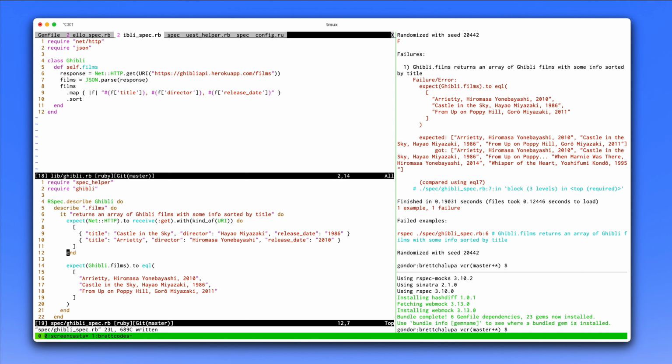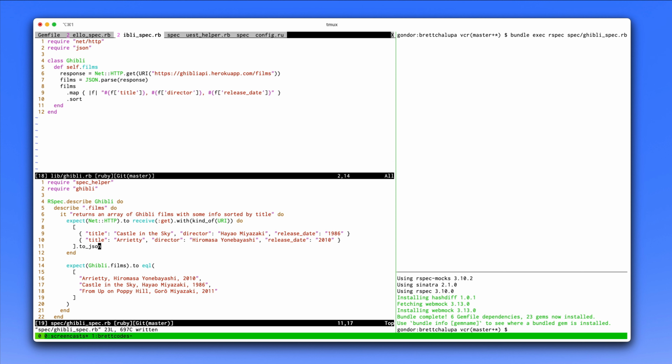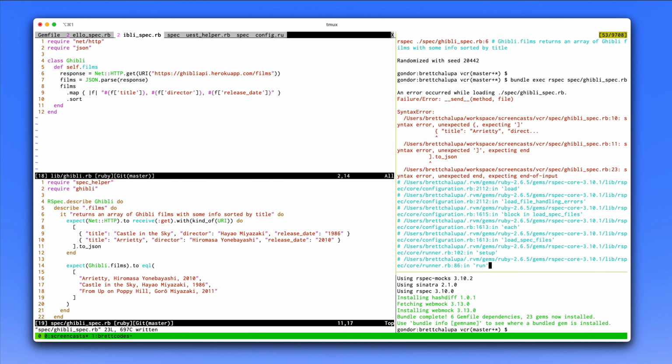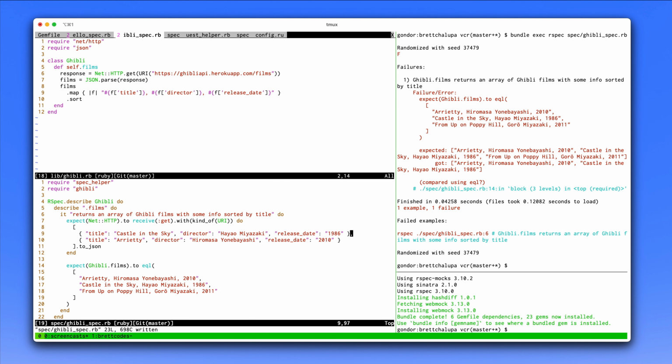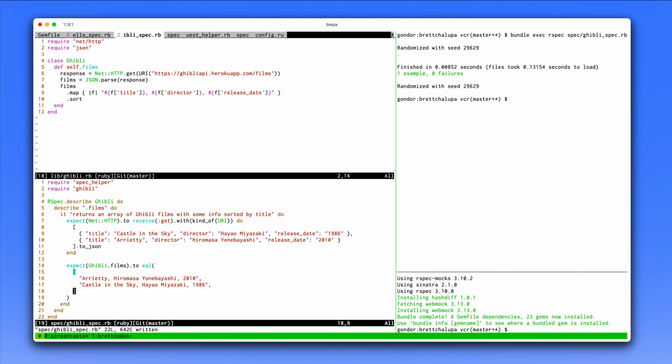So let's go and we'll do that. And this mocks it out and says it's going to return that. We'll call it to JSON. See why it failed. I forgot a comma for the array. And now we'll see that, oh yeah, because I changed the data. Okay, now that passes. So we're bypassing VCR, we're unit testing by mocking out the NetHTTP class, and